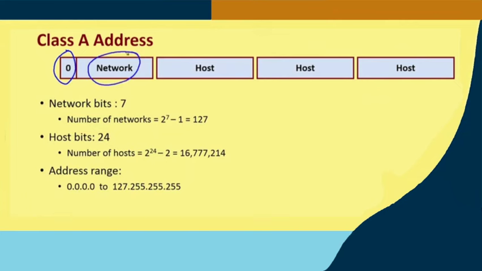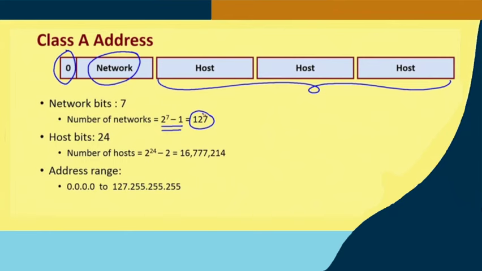The next 7 bits identify the network, the last 24 bits identify the host within a network. Because there are 7 network bits, that can be 2 to the power 7 combinations. Out of them, the all 0 combination is not used, so taking that away,